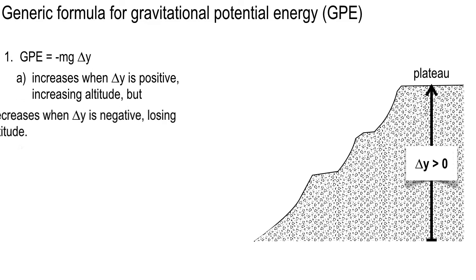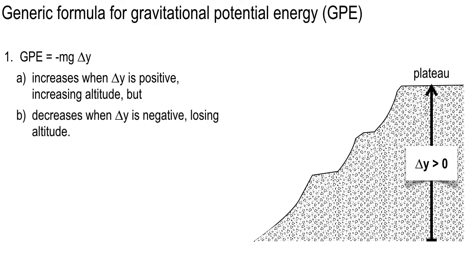That means you lose kinetic energy and you increase the potential energy, right? By the same token, the GPE decreases when delta y is negative. So look at that expression again. You have the minus out in front, and then you have a negative sign inside of g. And then if your delta y is also negative, like going from 7 meters down to 1 meter, that's a delta y that's negative. You drop 6 meters. You lose potential energy. You've got 3 negative signs in that. So negative times negative is positive, times another negative, total is negative.